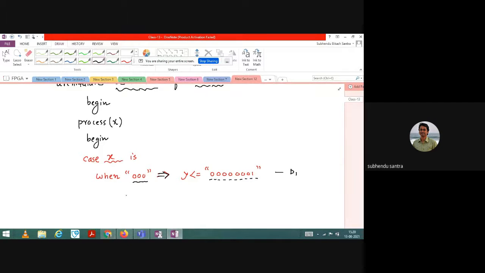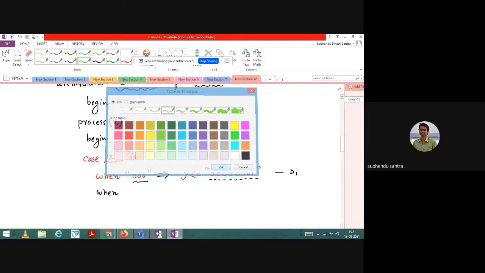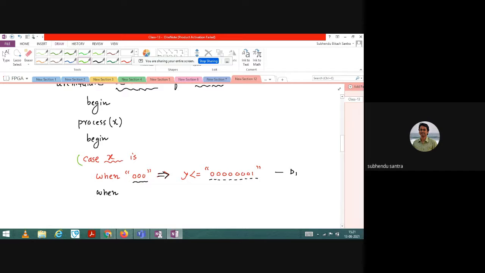But if the variables are more than 3, maybe 4 or 5, then you can imagine how difficult it would be to write using the if else structure. In that case this structure is useful, and we will be using it intentionally as per the requirement. So this is the skill that you need to learn. That is important.